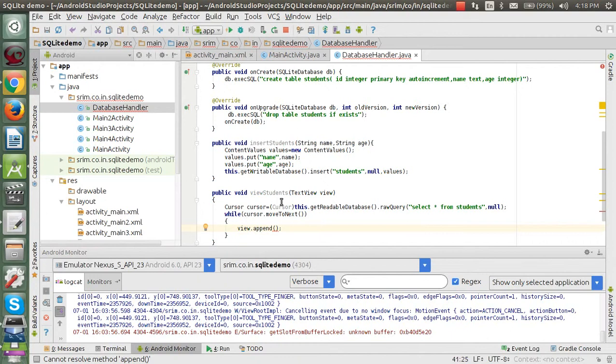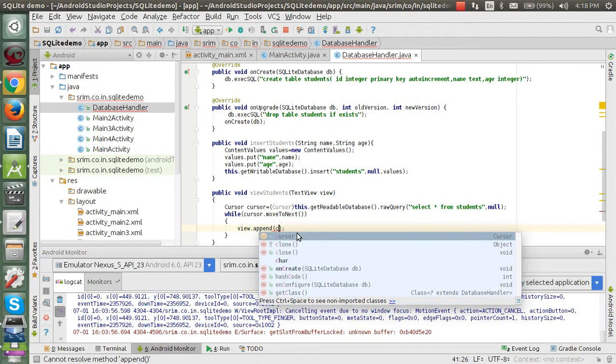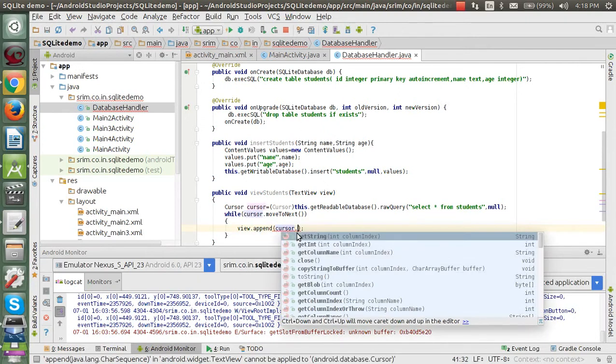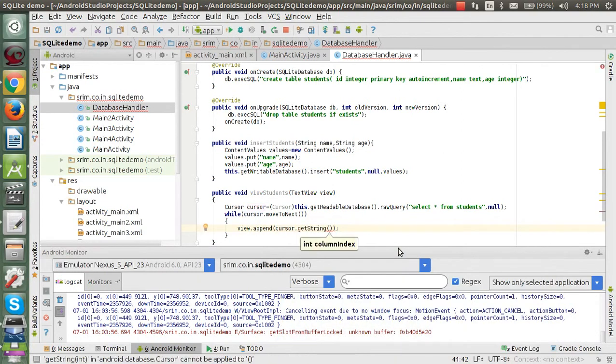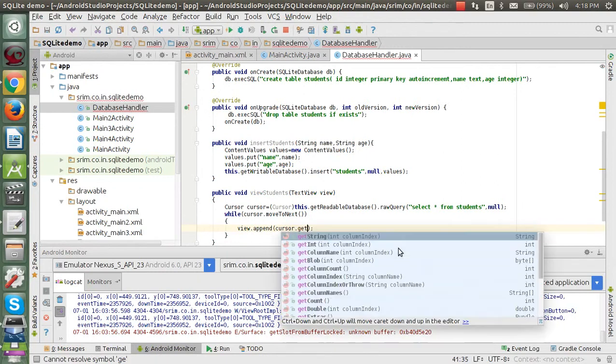We got the value from select star from students to the cursor, so we are going to use this cursor first. It's going to display the ID, so cursor get int